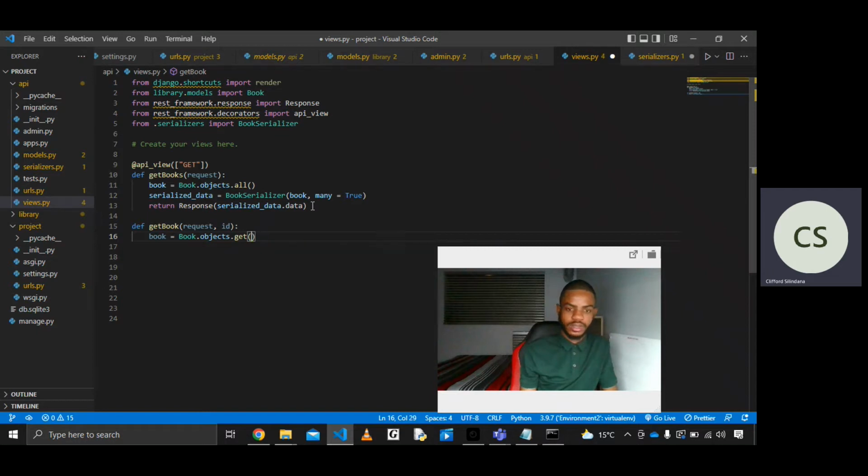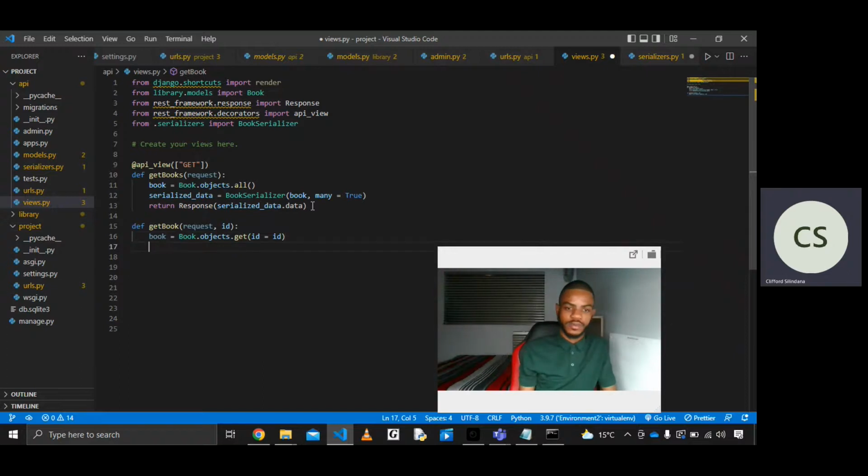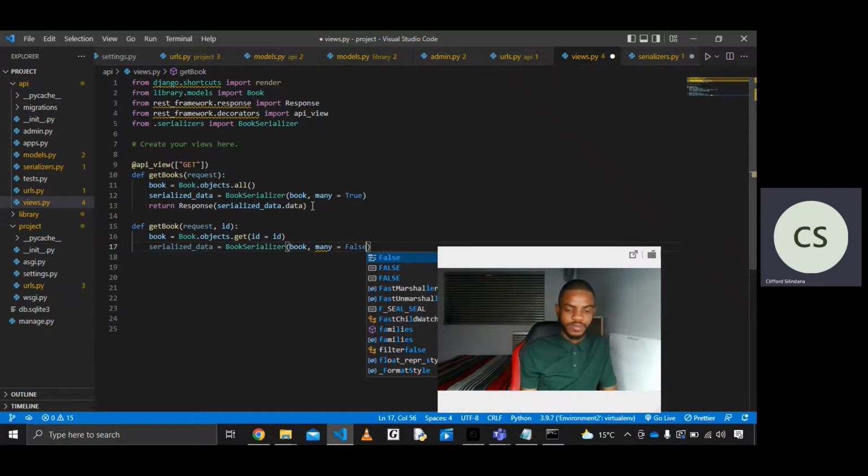ID. I'm gonna pass in an ID. I'm gonna use the get method, excuse me, because I'm looking for a specific book and not all the books. And then the same thing I'm gonna do here. I'm gonna say my data, books serializer. This time around, I'm gonna put many to false because I'm only serializing one book. And then